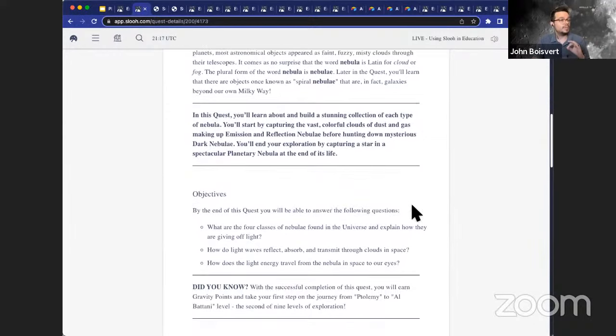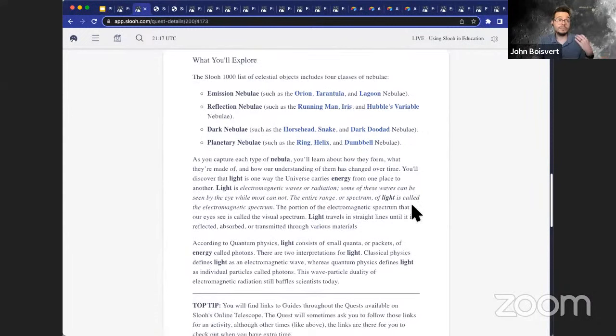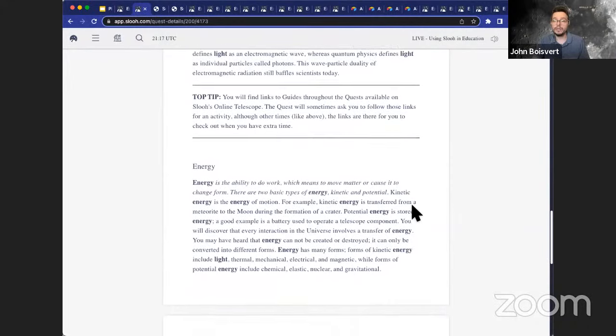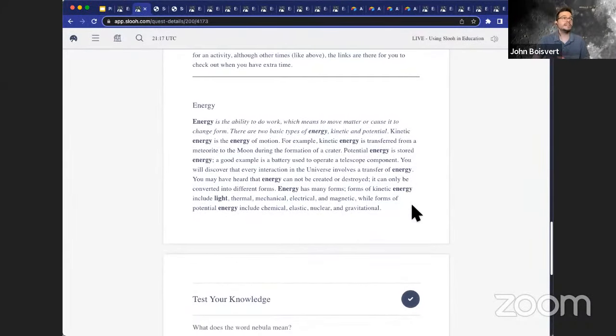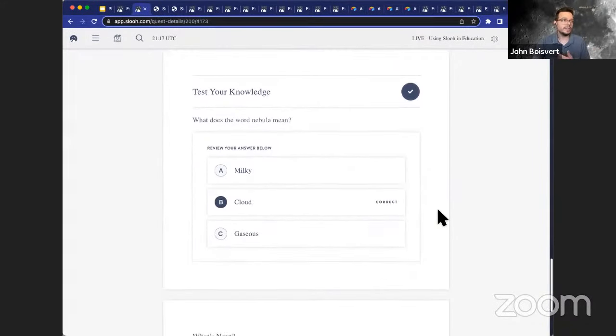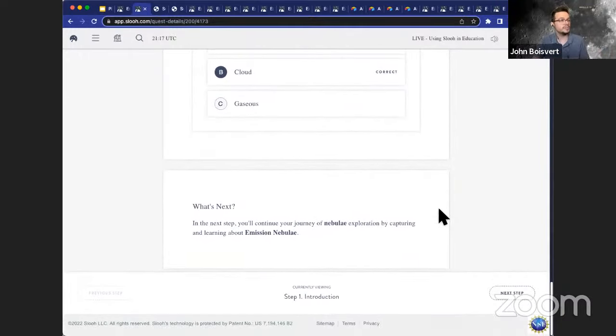Now, one of the big pushes in this Quest 2.0 process is that we've done Lexile analysis on all of the quests. This is a way where educators can take the actual text itself and make sure that the text is written at proper levels for the students. We have 5 of our high school quests aligned to 11th to 12th grade reading levels. Most of the other high school quests, which are the majority of them, are at 9th to 10th grade level, and our middle school quests are, of course, 6th to 8th grade level.